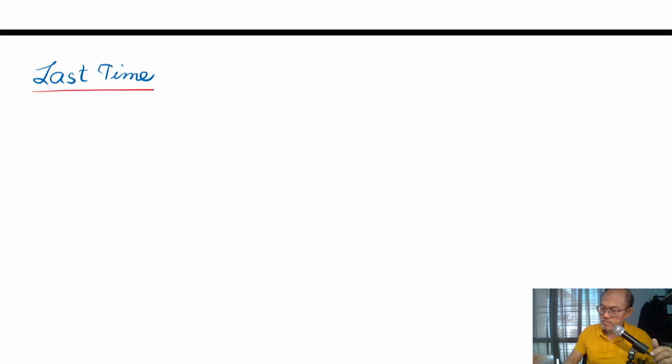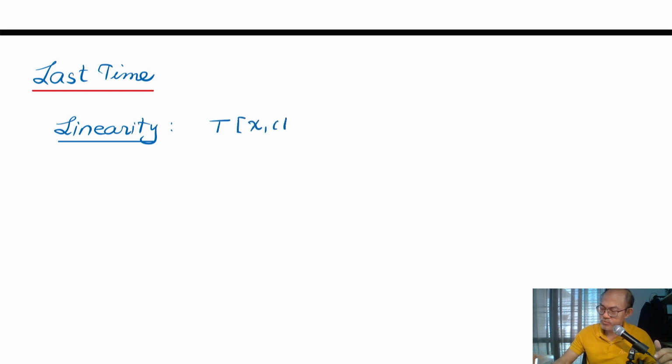So last time, we talked about some properties of systems. We started with linearity. The linearity property of systems is that if we have a system T, and the output of the system T to the input x1 is y1, and if we have the input x2 to the system T and the output is y2, then